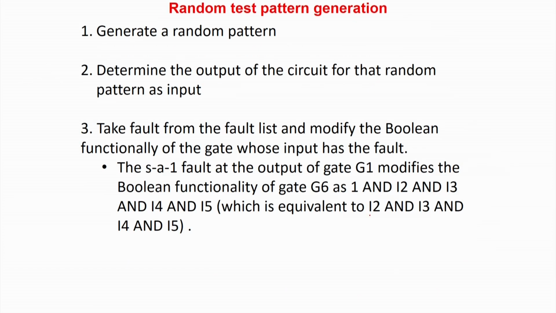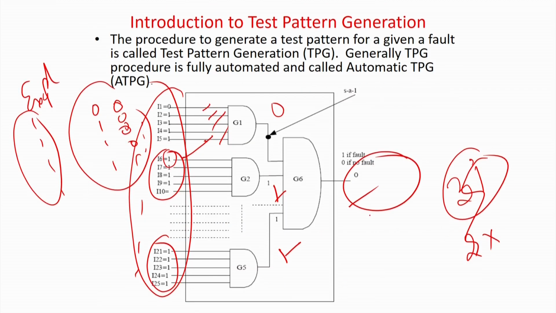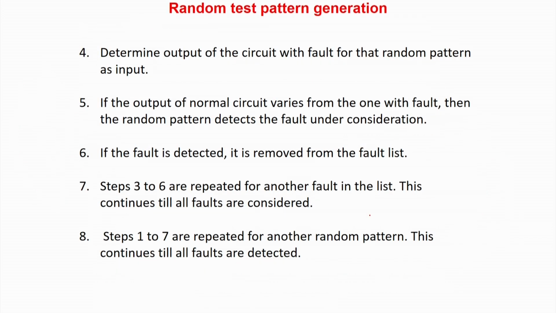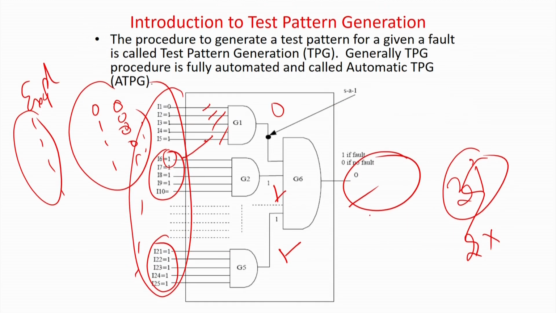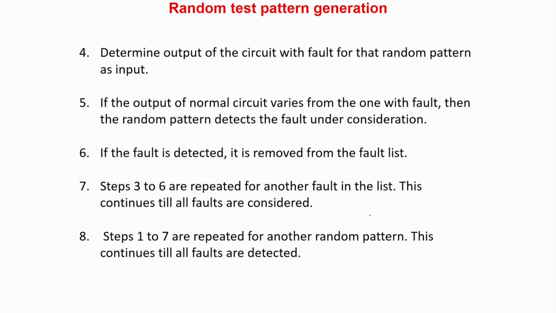Like in this example, we have found out that these two random patterns are detecting this fault, and easily I can find out by modifying the Boolean functions over here. That is, even if you forget about the idea of manipulating Boolean functions, you can just randomly generate test patterns and find out which faults are getting detected. This I do by comparing with the normal output of the circuit for that given random pattern, and whichever faults are getting detected by a difference in the output values in the fault case versus the normal case, those faults you can remove. And you keep on doing it till you find out that the number of extra faults detected per new test pattern is not very high.